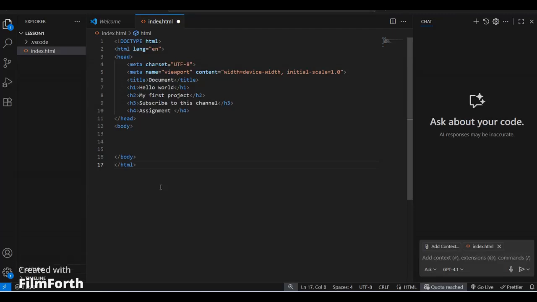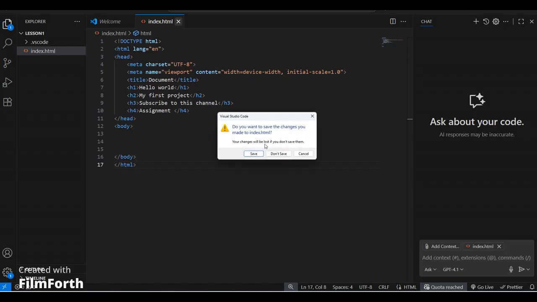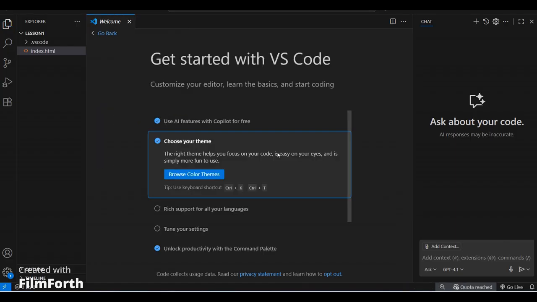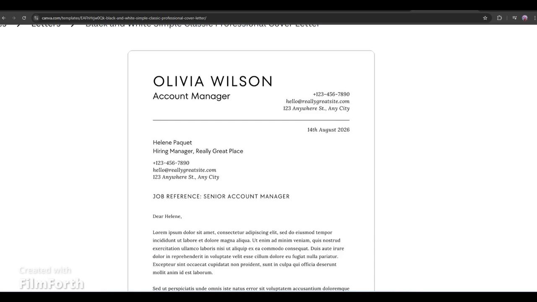Ladies and gentlemen, welcome to the second section of our web development course, where we will be walking you through how to become a software engineer, a software developer. So, previously on our last section, we've talked about HTML. Now, we are going to continue, but before we start, we can head up to